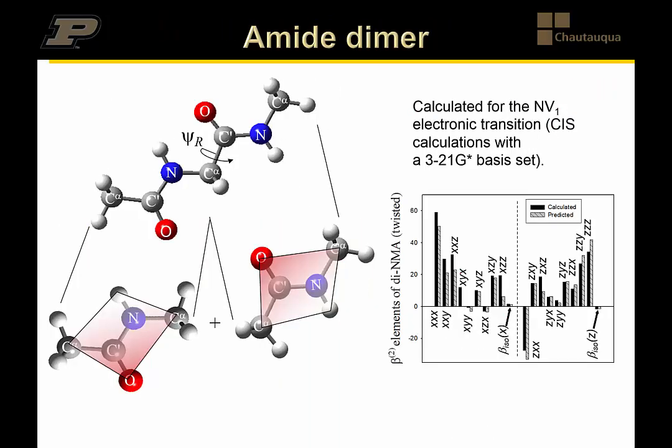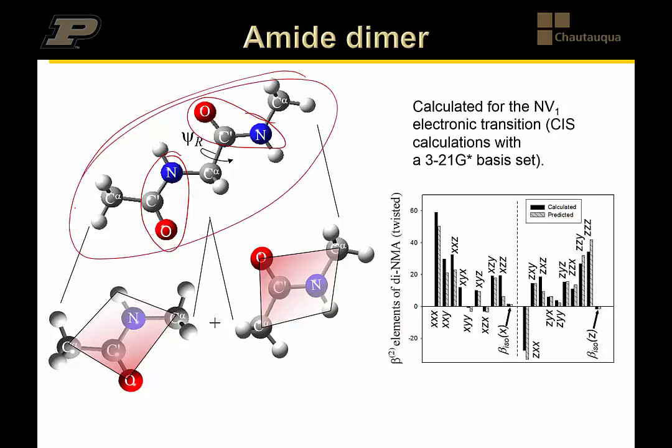So let's compare and contrast a more interesting system, as a stepping stone toward proteins, and that is a dimer with two amide groups. So here's one amide group and here's another amide group. The amide group forms a basic linkage between amino acids in a protein. So in terms of the protein backbone response, this is a reasonably good architecture for predicting that response by coherent summation of each of the individual amide contributions. So how good of an approximation is